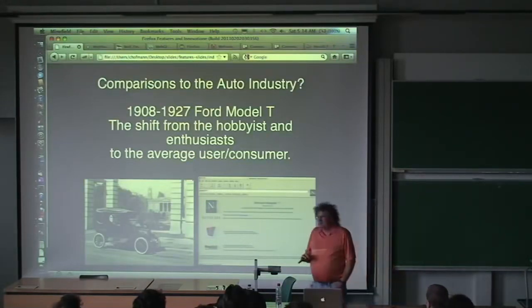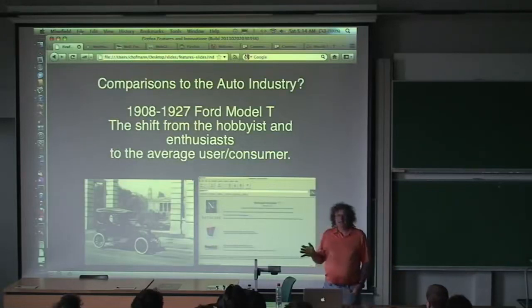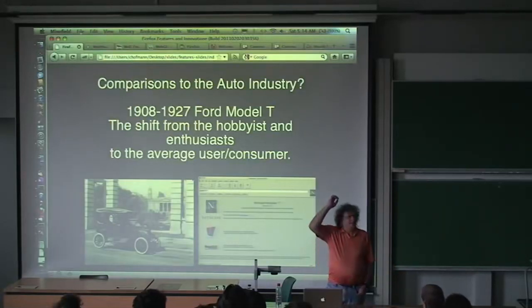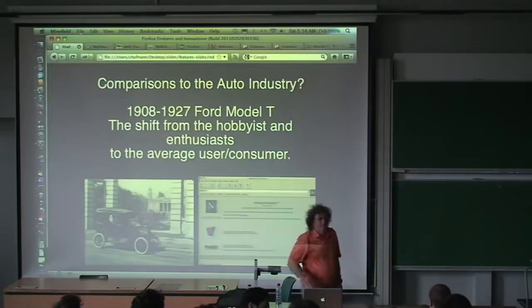And we moved from a stage where it was just enthusiasts. How many used the internet before Netscape? Okay, so if you remember,